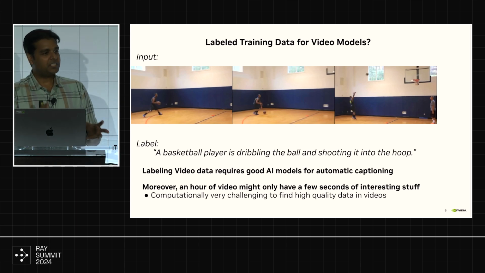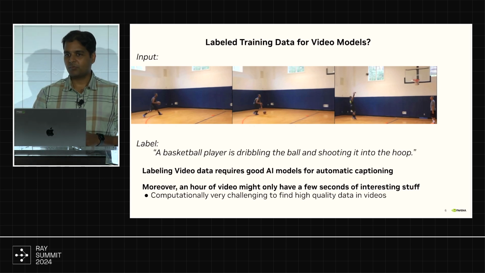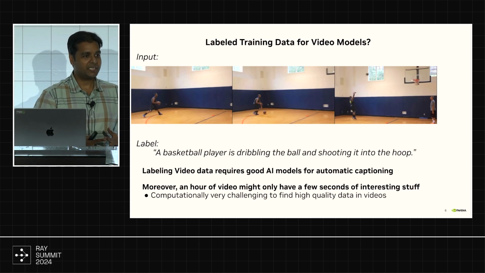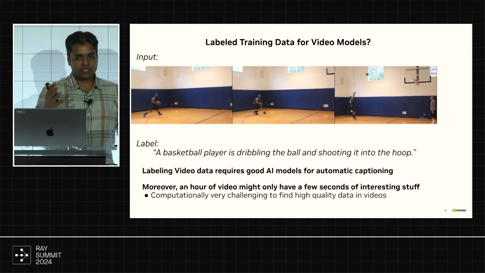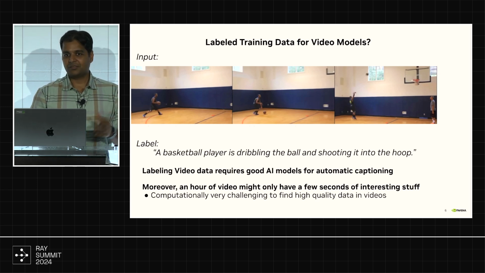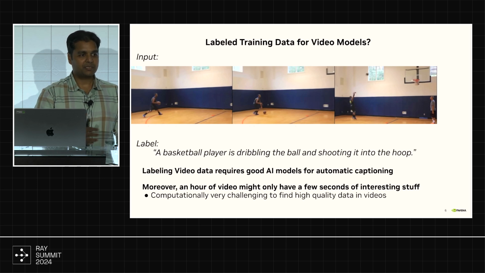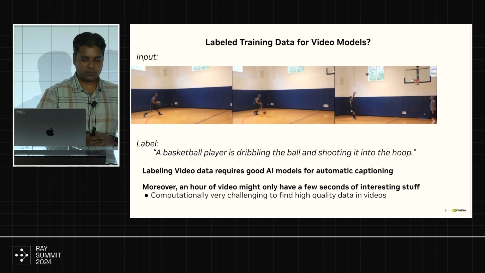Moreover, we don't want to feed junk or garbage to our model to be trained on. So garbage in, garbage out. We want to feed it really high quality data. So let's say we watch an hour of videos that we found on YouTube or a movie. Not everything is high quality data, right? Sometimes there's just the same scene. You're watching a tree for 2 minutes. You don't want to feed those 2 minutes into a model. You actually want to filter really high quality data that is useful for a video model to get trained on.